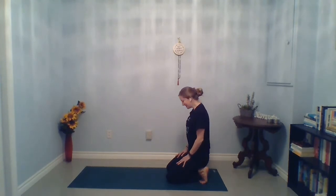stretching out through the toes and the feet here, knowing that this is not comfortable, I'm sure, for anyone, but it is really good for us. So settling in here, breathing through that discomfort,